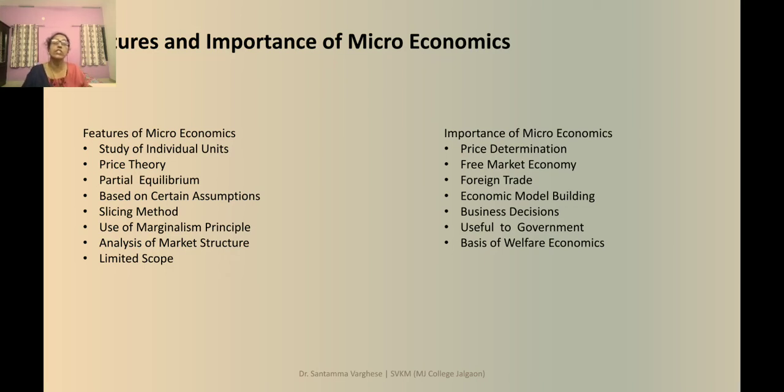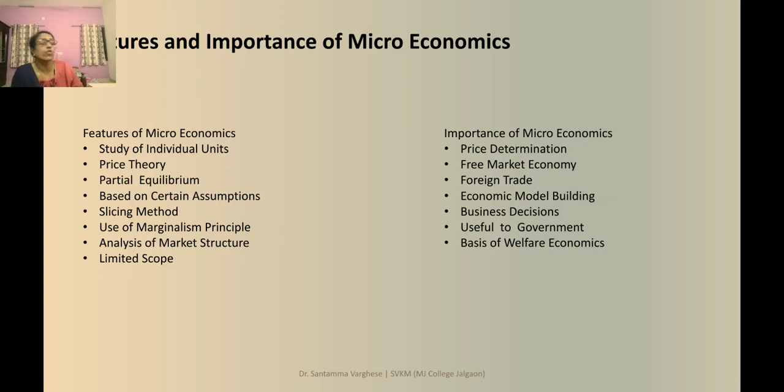So what is the marginal principle? Each producer in microeconomic theory concentrates on the marginal principle. The marginal principle means the additional changes brought about through changes in the variables. When we change the variables, what do we get additionally? So producers and consumers both take this into consideration and they concentrate on production.